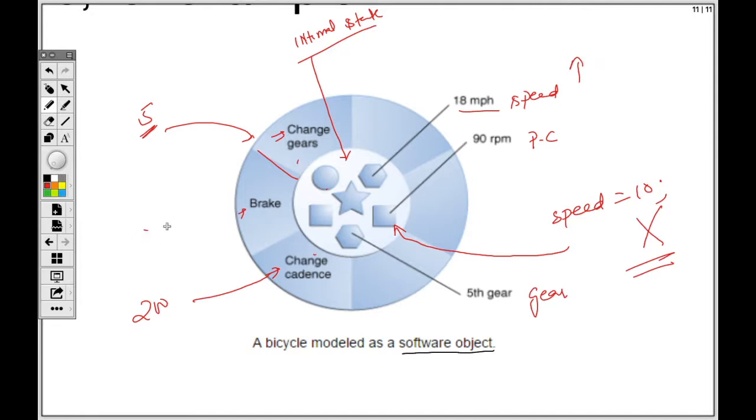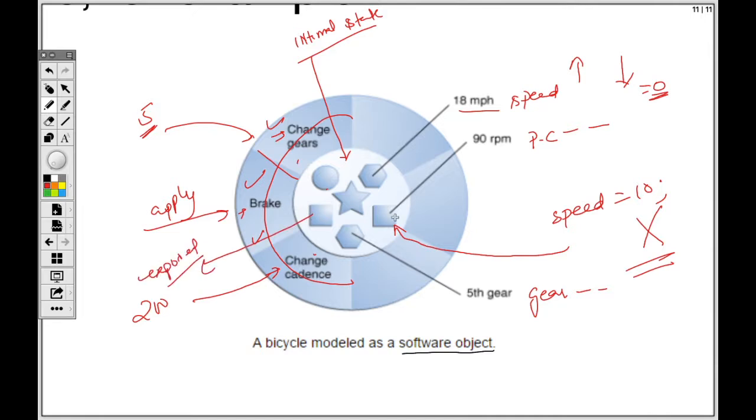If I want to stop it, I will say apply brake. It will slowly reduce the gear and speed, and ultimately speed will go to 0. Once your speed is equal to 0, it will no more reduce. So we are trying to change the internal state using the behaviors provided. If these were not there, then these variables would be exposed directly, and anyone could just change the values.